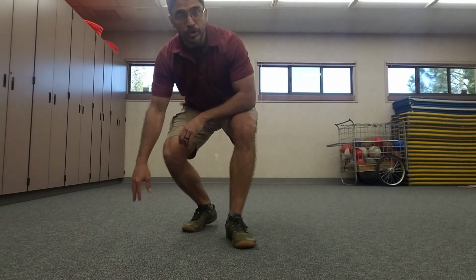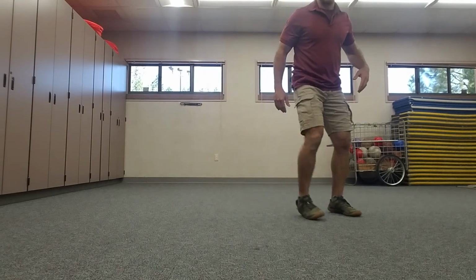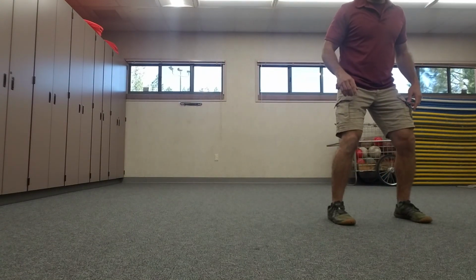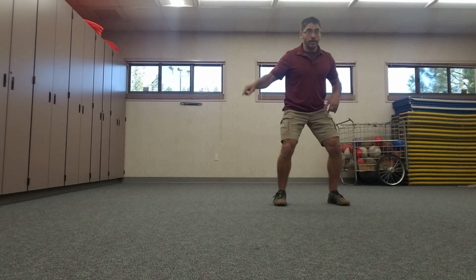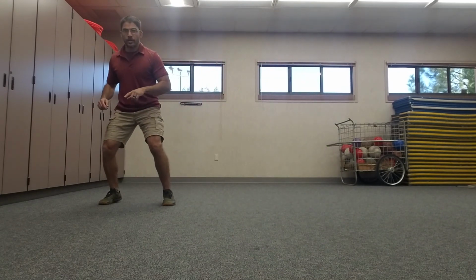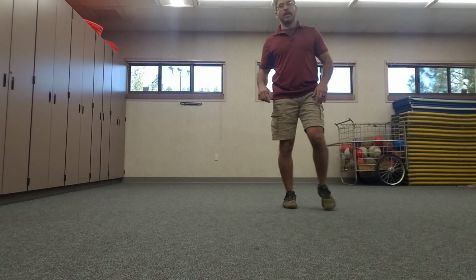Finally, after you do a few of those, try this drill. We're going to do this drill a lot in class, in which we're going to take a crossover step and reposition back to athletic position. Looks like this. I'm going to start on this side. I'm going to go to my right. I'm going to cross over and come back to athletic position. If I say left, you're going to cross over, come back to athletic position. I cut my head off again. Again, right, cross over, athletic position, left, cross over, athletic position. In class, I'll give you different cues, right? I'm going to go right, left, or I can just say it, or just point it, give you